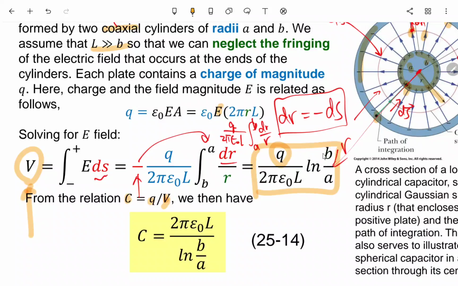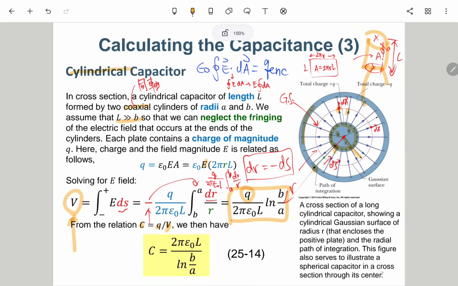So we have Q over V, and then put all the remaining variables on the other side. So it turns out to be 2 pi epsilon naught L going to the numerator, natural log of B over A going to the denominator. So this is the expression of C for this cylindrical capacitor. Okay, so